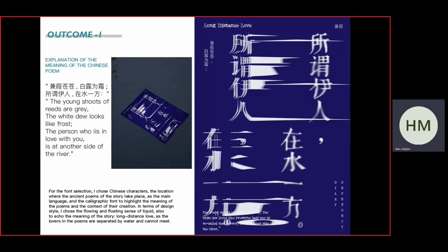For the front selection, I choose the Chinese character, the location where the accident points of story take place as the main language, and the calligraphic font to highlight the meaning of the prompts and the text of their correction. In terms of design, I choose the flowing and floating signs of liquid. Also to echo the meaning of the story, long distance love as the levels in the prompts are suspected by water and cannot meet. This is a Chinese word